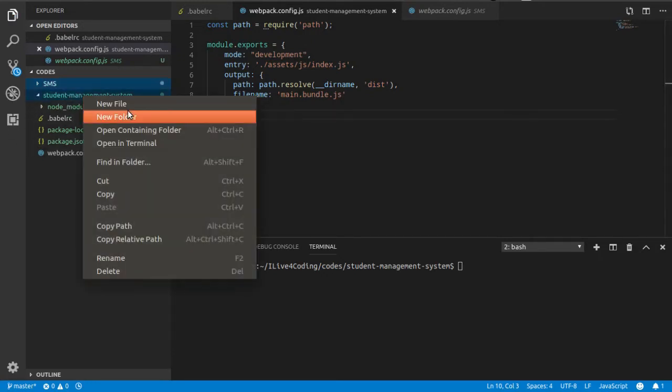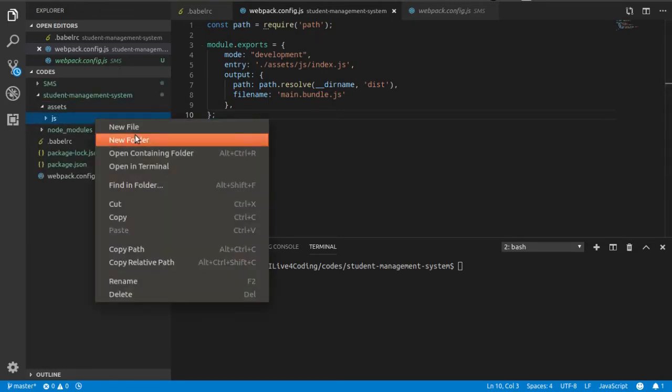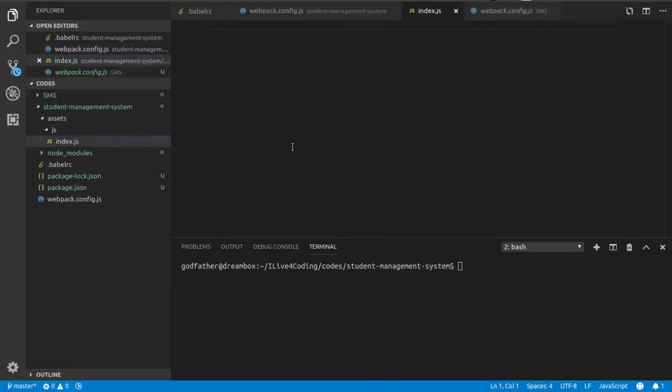So this is our folder, and here I will be creating a new folder, as you know, assets, and inside assets we will create a new folder called js, and inside that we will create a new file called index.js. Okay, so this is our entry file. Here we will be requiring other things also, like we need jQuery and other things. So let me import quickly